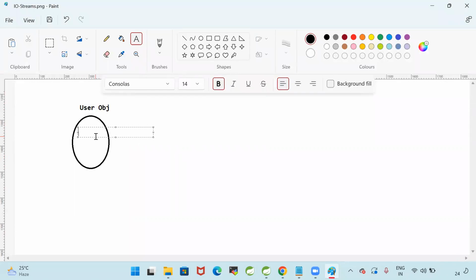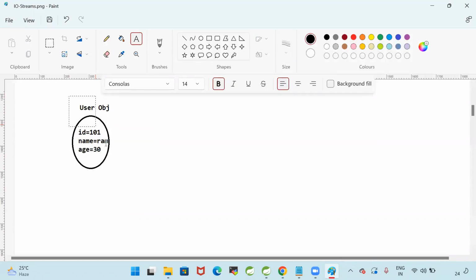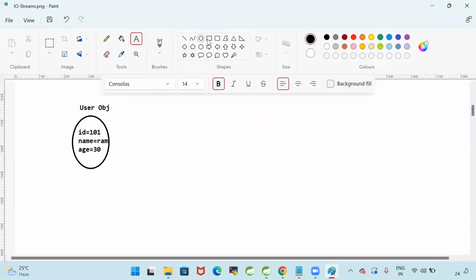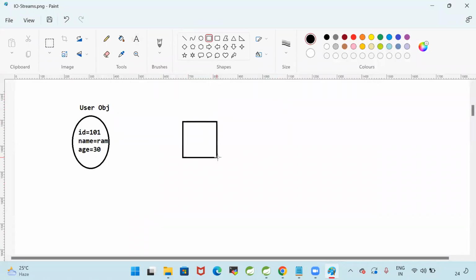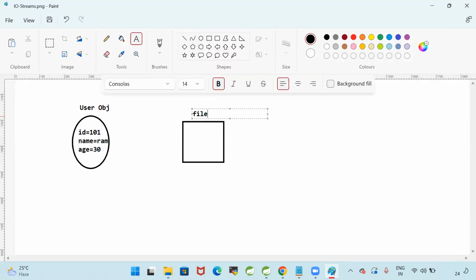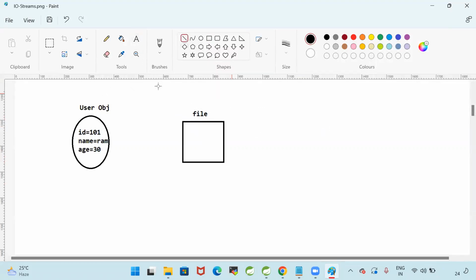This user object having data ID is equal to 101, name is equal to some ROM, age is equal to some 30. Like this, I have one Java object. This Java object I want to store in a file. The process of storing Java object to the file is called as